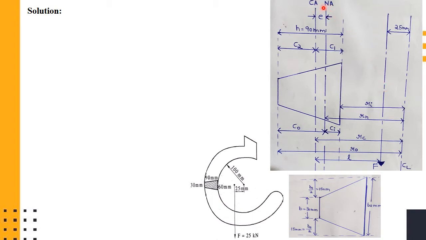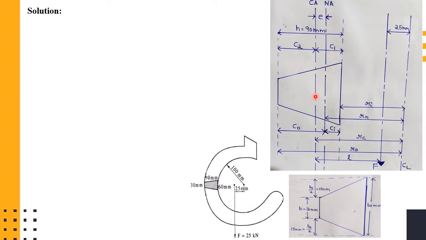After drawing these two, we'll draw the two important axes, that is centroidal axis and neutral axis. I have already explained to you previously. In a straight beam, the centroidal axis and neutral axis will pass through the same point, whereas in a curved beam, the neutral axis will be shifted away from the centroidal axis, towards the inner surface, and the distance between the centroidal and the neutral axis is given as the eccentricity, e. e is nothing but the eccentricity, the distance between centroidal and neutral axis.